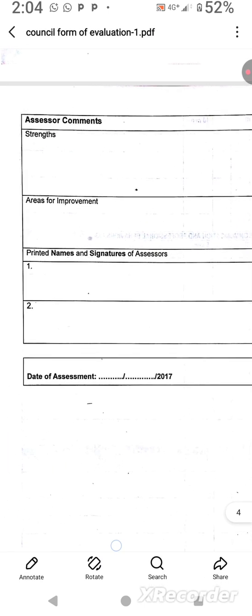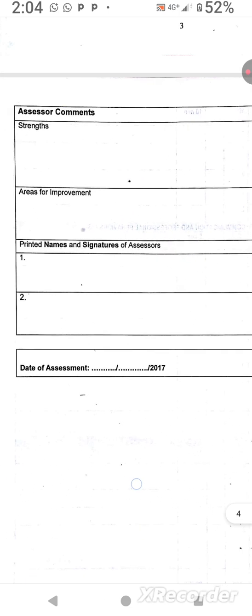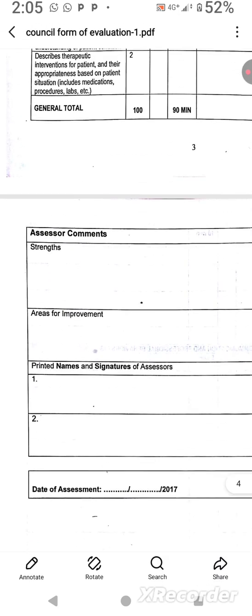Then after that, we have assessor comments: strengths, areas for improvement, and the names and signatures of the assessors. You may have 1 to 2 assessors, and then the date of the full assessment. Then the next part we are